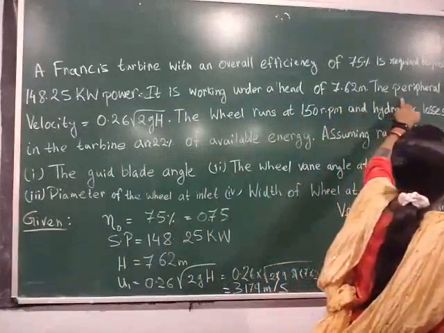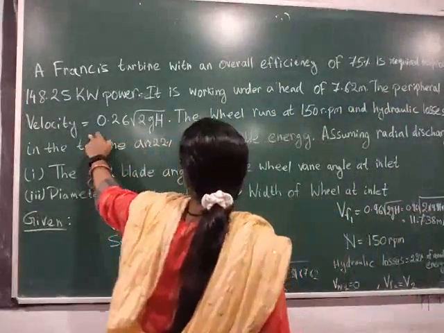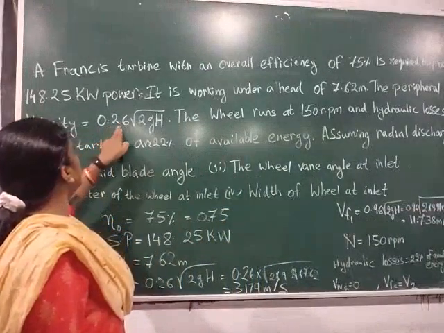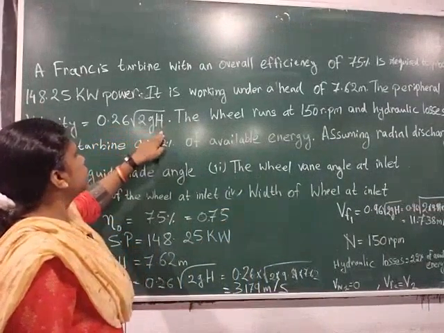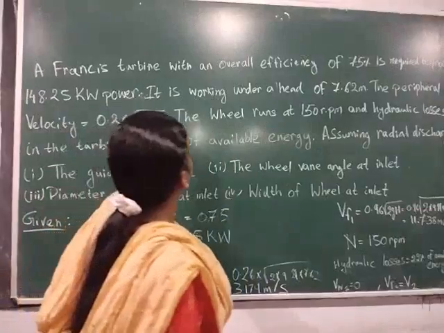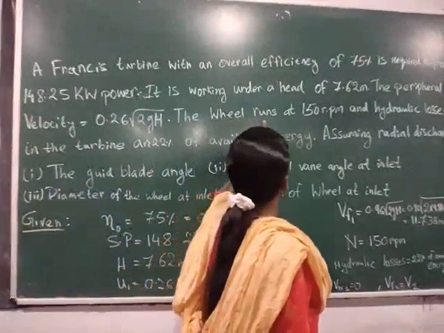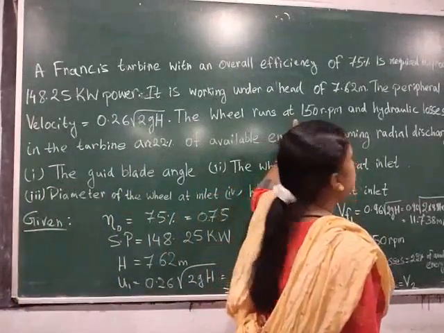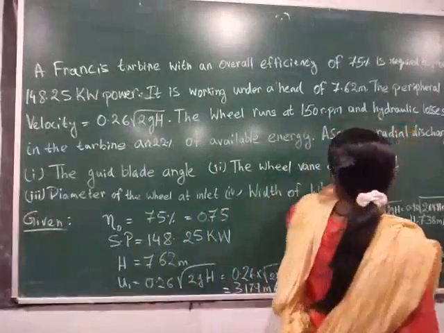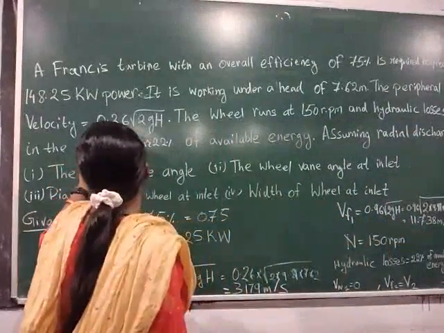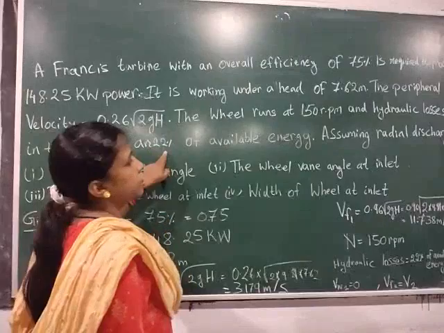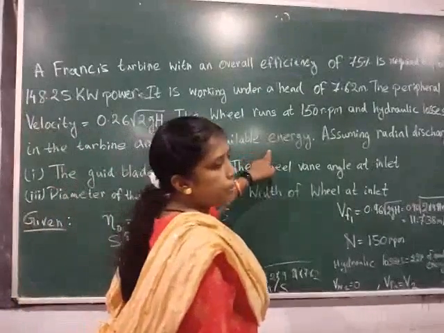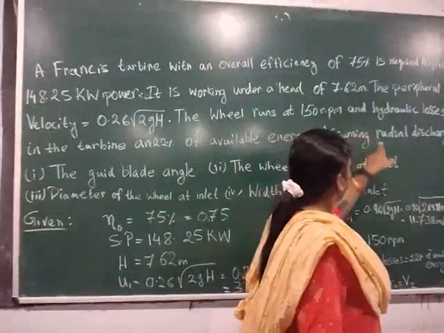The peripheral velocity is equal to 0.26 root over of 2gH. The wheel runs at 150 rpm and hydraulic losses in the turbine are 25% of the available energy. Assuming radial discharge,